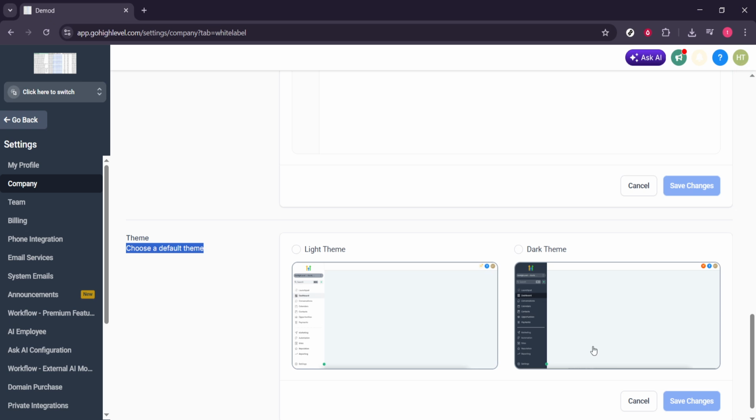As you work through each section, save your changes. When you're done, log out and back in or clear your cache to preview the fully branded experience just like a client would. That's it. Your GoHighLevel instance is now professionally white-labeled and ready to